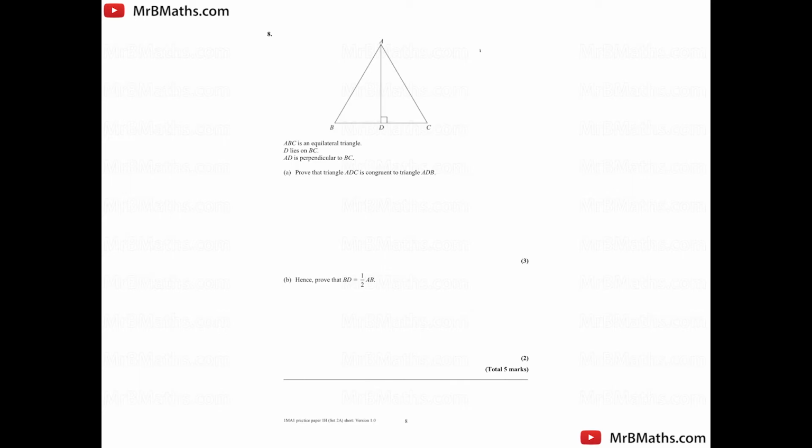Prove that triangle ADC is congruent to ADB. Okay, so we know it's an equilateral, so this side will equal this side, which will equal this side. We also know that this angle here will equal this angle here, will equal this angle up here. So there are several ways we can do this. If I write statement and reason,